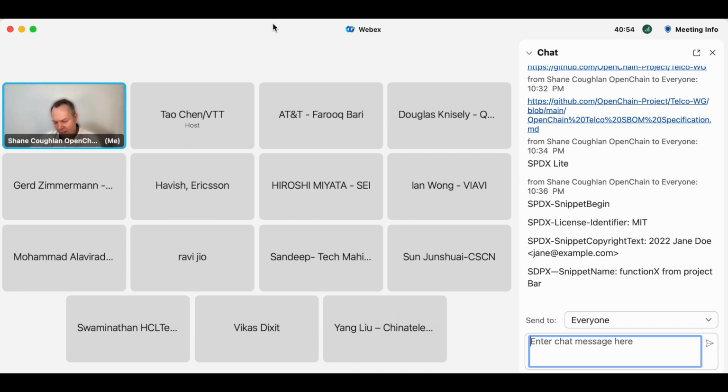Once you get it right, it means that your software is now eminently trackable, eminently auditable, no matter when you go back to it. So that's really the key here when we think about software bill of materials.